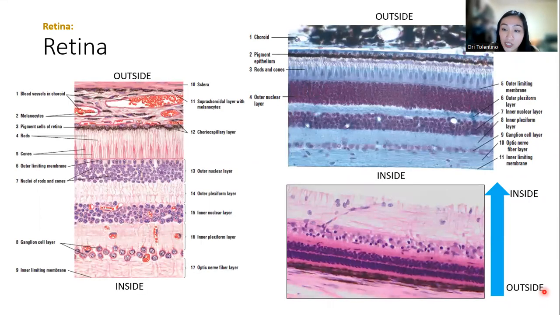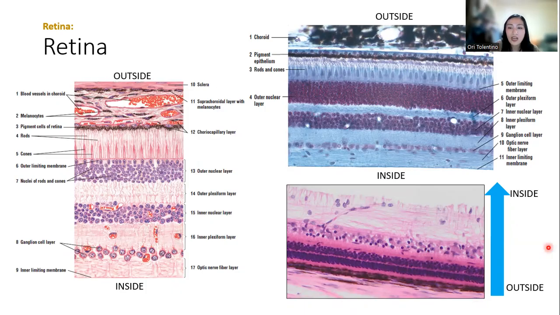But first, orientation is very important when you're studying the retina. To the left is the diagram you can find in the book. And to the right is the histological section, also lifted from the book. They are oriented the same way. The outside is up and the inside is down. But the slide we have in the lab, the retina looks like this: inside up, outside down. Kind of confusing, right? So you don't think of it that way.